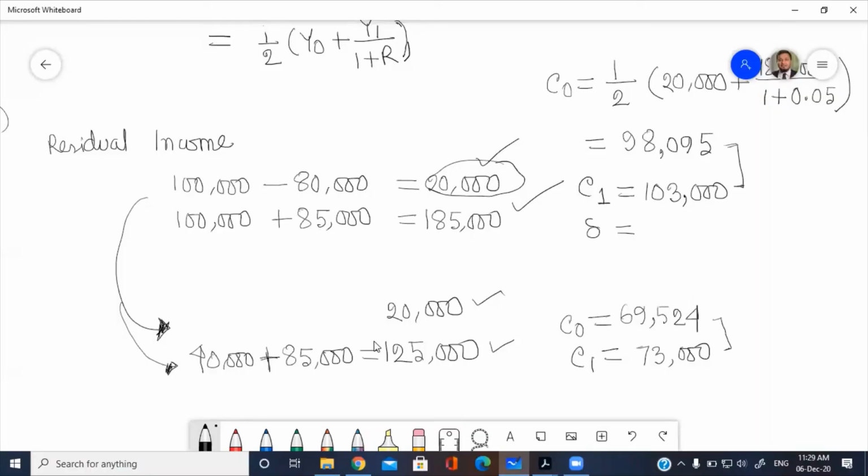Which two numbers are closer in this situation or in this situation? I mean the range is narrow. In which case? Sir, in the second case. In the second case.